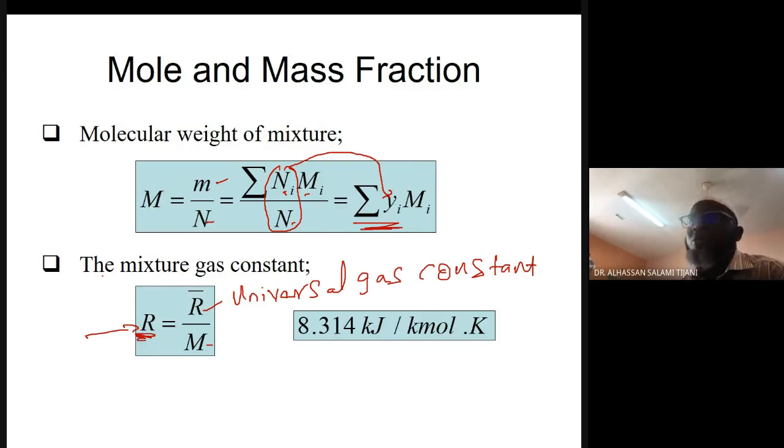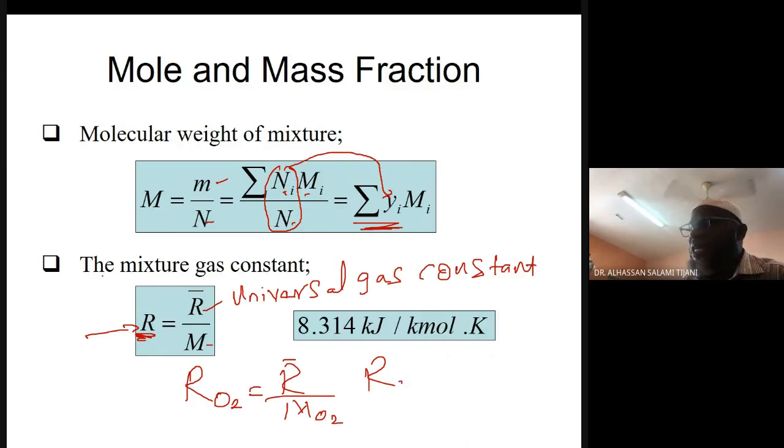For example, if I want to find the ideal gas constant for oxygen, it is going to give me the universal gas constant divided by the molecular weight of oxygen. Similarly, if I want to find the ideal gas constant for carbon dioxide, it will give me the universal gas constant divided by the molecular weight of carbon dioxide, like this. And that constant